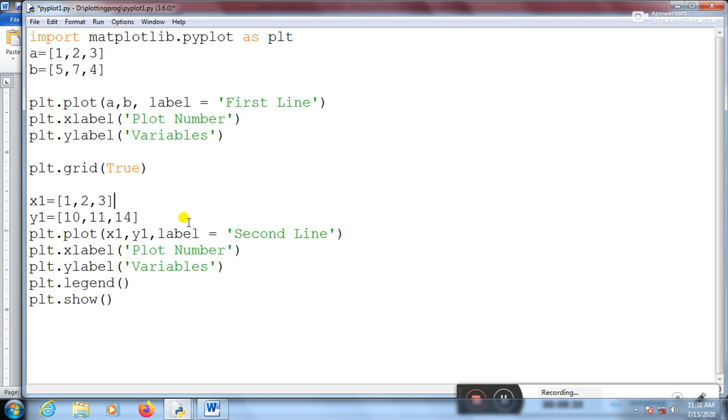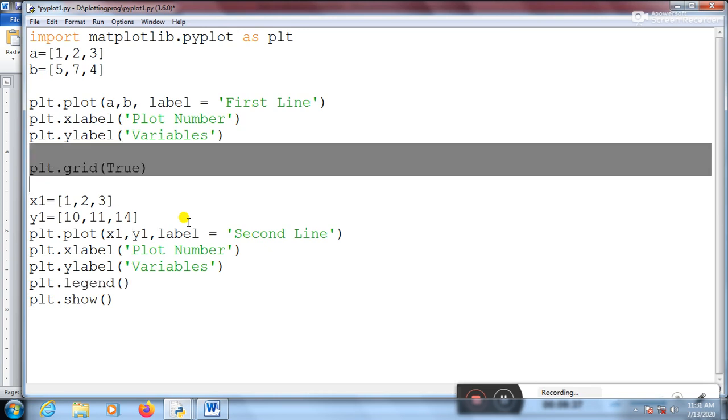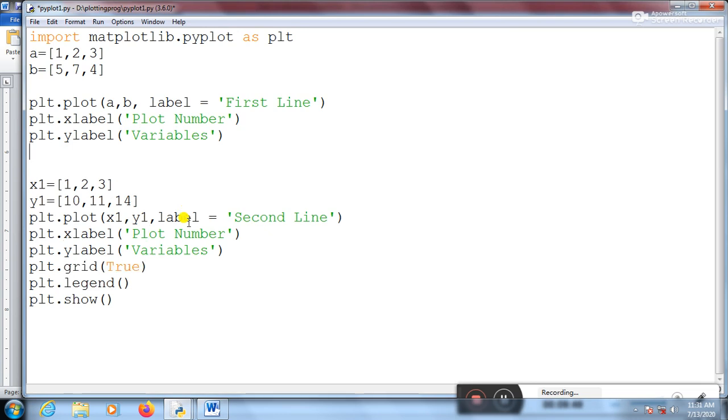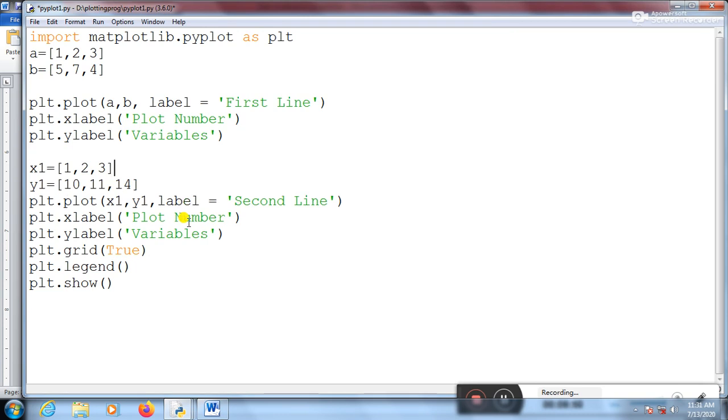Generally these options are for a complete plot, keep remembering this thing. Now this is the first plot, this is my second plot, and then I'll change over here to a. Fine, now again I'm running it.